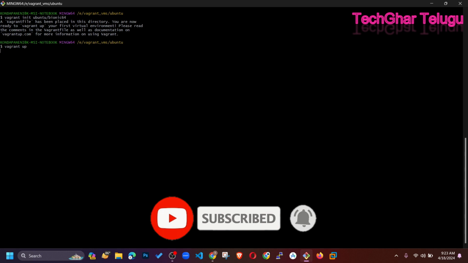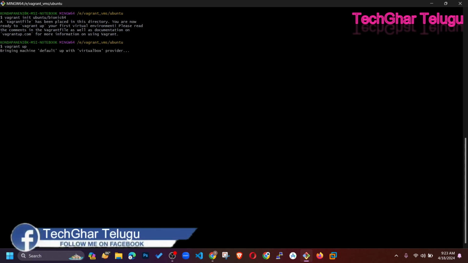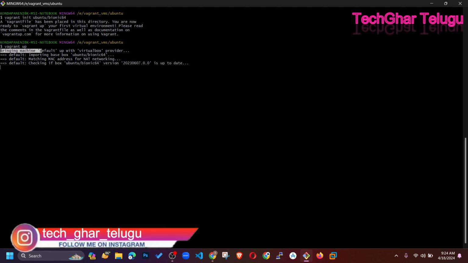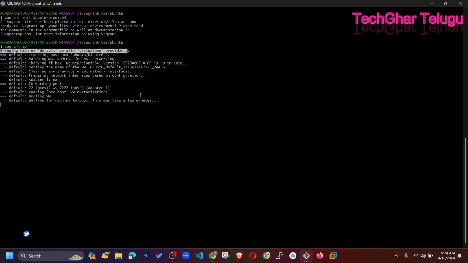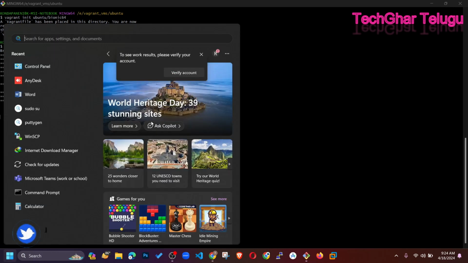If we execute this command, the Ubuntu server will automatically install in our VirtualBox VM. Here, see here, bringing machine default up with the VirtualBox provider. It is automatically creating. Now if we open Oracle VM,